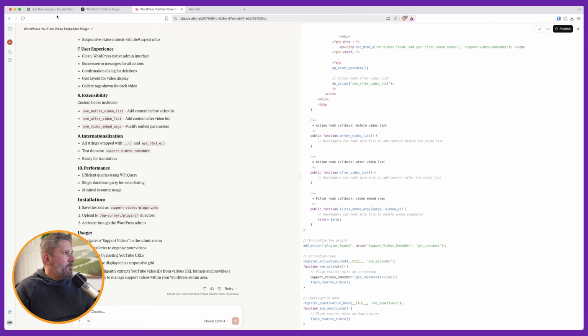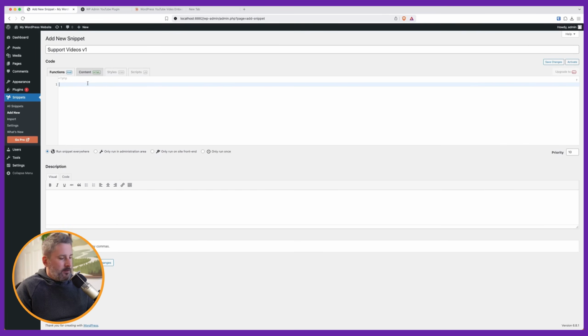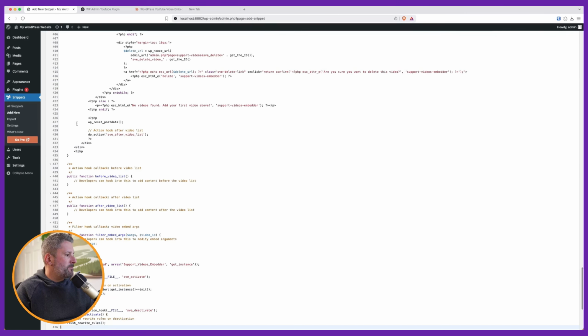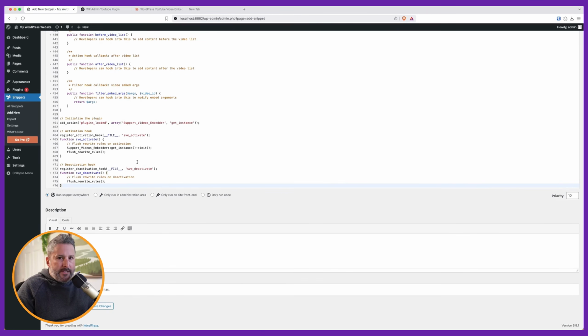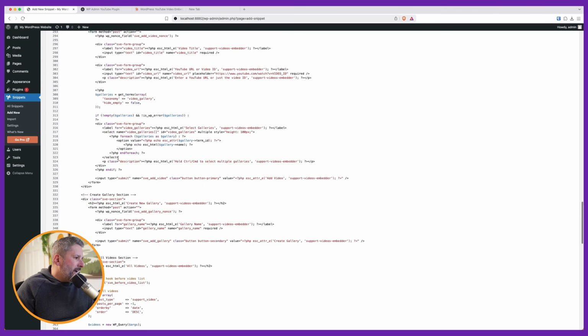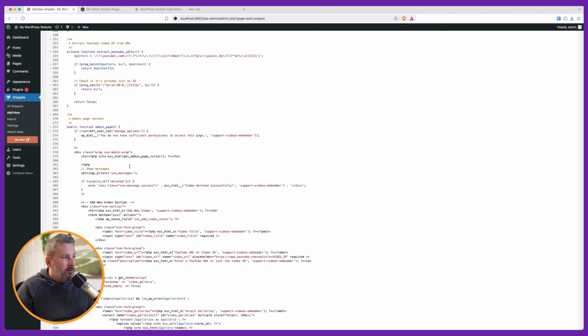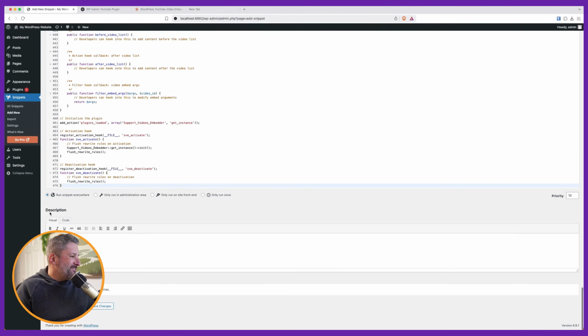So I'm going to copy this. And now I'm going to paste this into my Snippets functions PHP, 476 lines of code. Not bad, but is it going to work? We don't know yet. So we can just go down to the bottom, hit Save Changes,